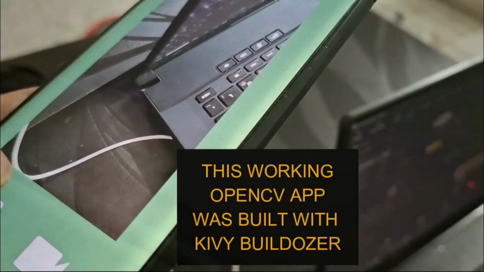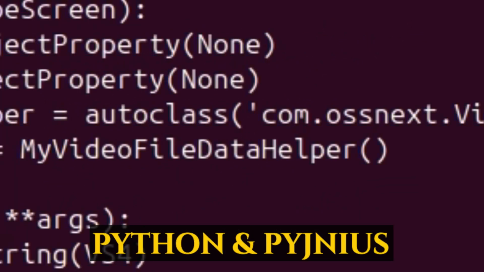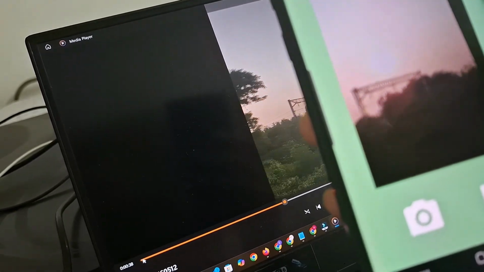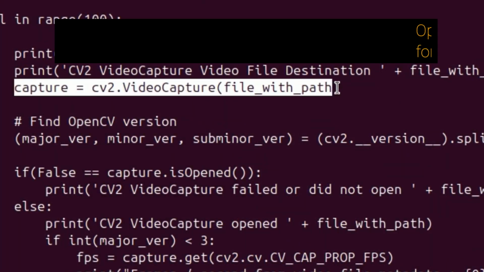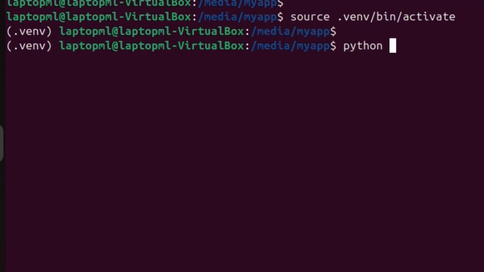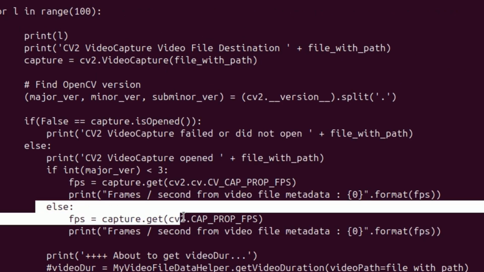I'm using Kivy in this video to walk you through some Python and PyGenius code that calculates frames per second in Android. I've written this app that records a video and saves it to my phone's storage. To get video frames from the saved video, I create a standard OpenCV video capture object and I name it capture. As I'm using Python version higher than 3, calling method get on the capture object with parameter